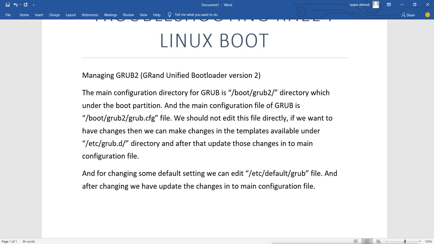Let's say, for example, I want to change the waiting time of the boot menu, which is 5 seconds by default. I want to change it to 15 seconds.